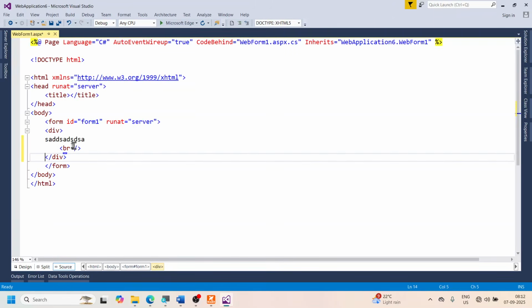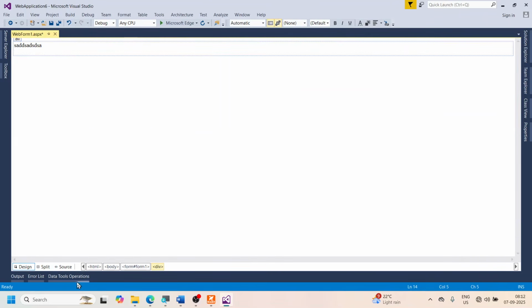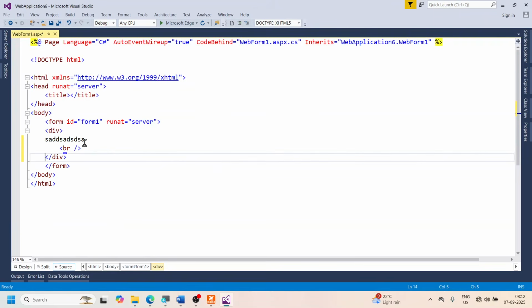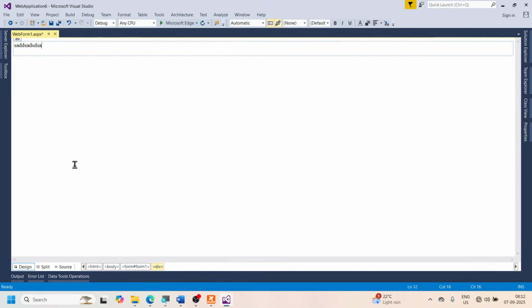Here you notice that it has added a BR break. Whatever it has added, let it be there. So you type something here in the source view and then switch to the design view. In the design view, let us go to the table here. Now you will notice that you get an option for a table here. So click on the table